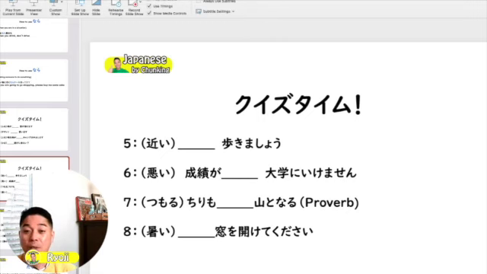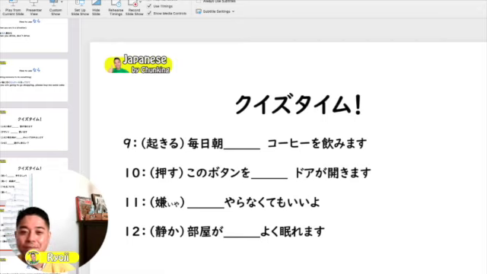Okay, moving on to question number 9. 起きる。起きる means to get up. 毎日朝 every morning コーヒーを飲みます。